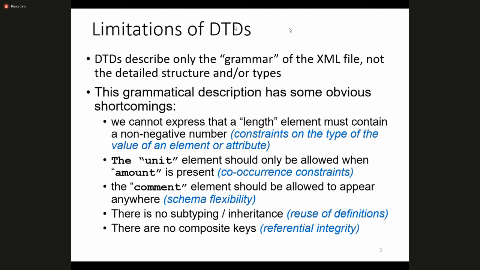Right. So here again we are discussing the limitations of XML DTDs. DTDs describe only the grammar of the XML file, not the detailed structure and types, right? So DTDs describe only the grammar, only the vocabulary, only the basic structure, not the detailed structure of the XML document, right? This grammatical description has some obvious shortcomings. So definitely we have these obvious shortcomings with this XML